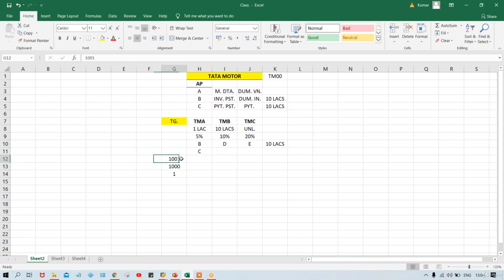So look here. Now here we are having 1000 payment going to be released. The invoice is worth 1001 rupees, but the payment is going to be posted worth 1000 only. So there is a difference of 1 rupee, right? It means debit and credit are not equal, guys. In that case, what is happening? The system will throw an error. But I'll tell you now, what about this 1 rupee? Because of 1 rupee, again, we cannot go back to the vendor. Because of this 1 rupee and all, now what is happening? We are going to apply